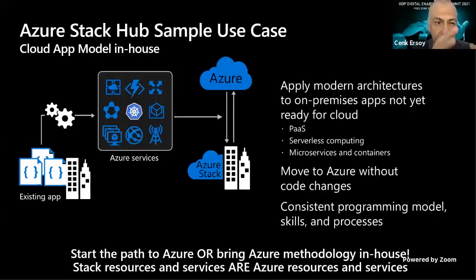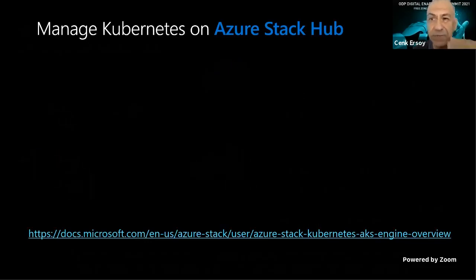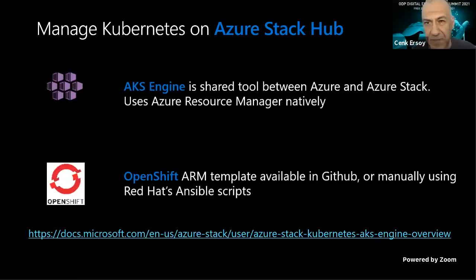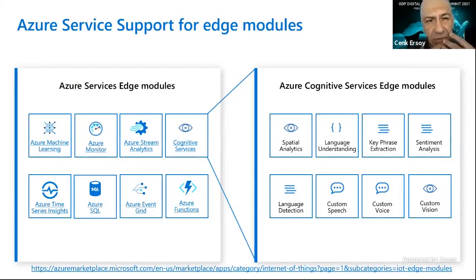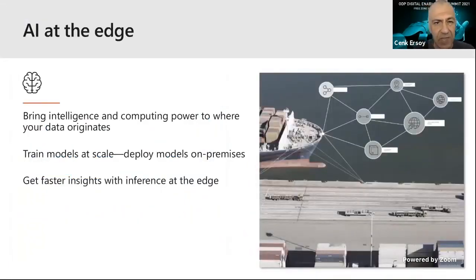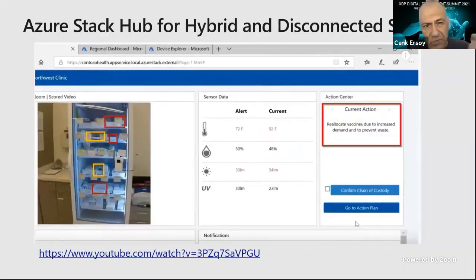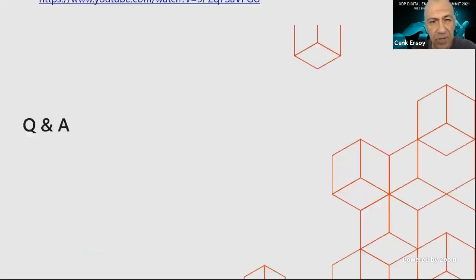Similarly, DevOps is it. You can deploy applications, you can modernize applications, and you'll be able to deploy them either to Azure or Azure Stack Hub because it's the same code base. It's the same serverless computing, microservices, PaaS services as mentioned before. And Kubernetes is fully functional and available for you in different flavors. And you can enjoy that and build applications really quickly. You can deploy anything, including machine learning, cognitive services, AI, ML. This would be the platform for AI at the edge. I left a little video here that shows how we tied AI. It looks at the out-of-stock situation in a medicine cabinet, and it triggers actions and does reordering.